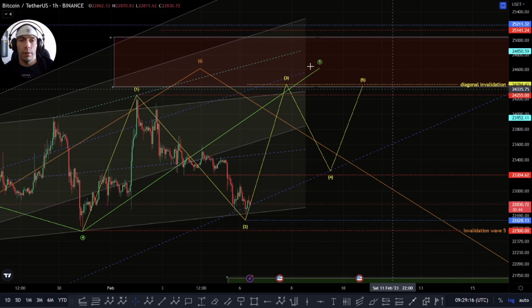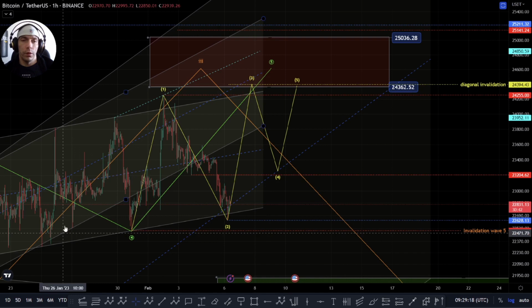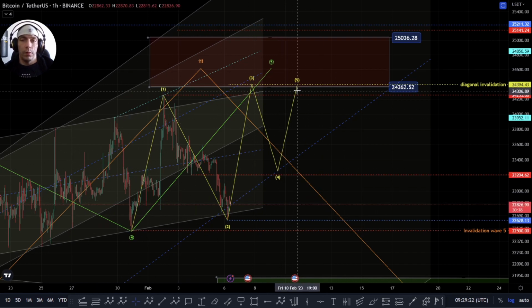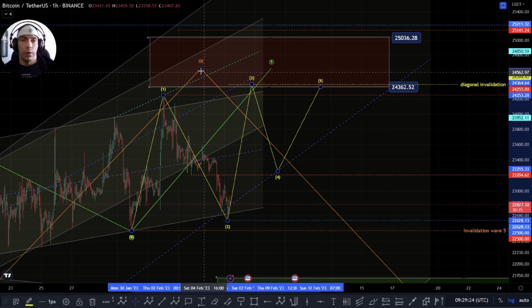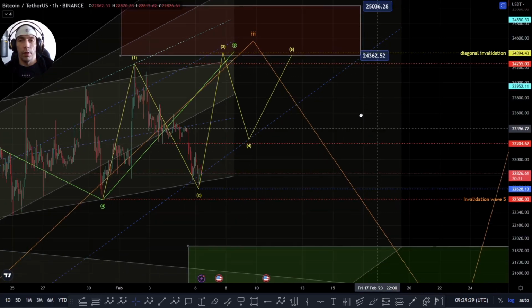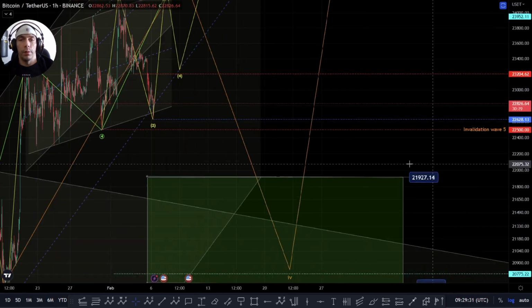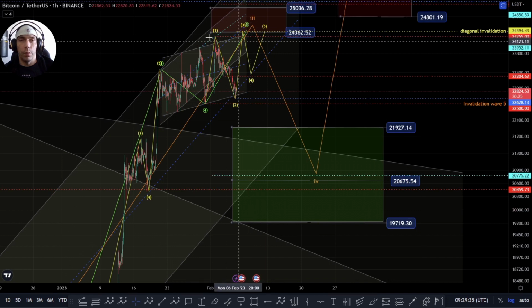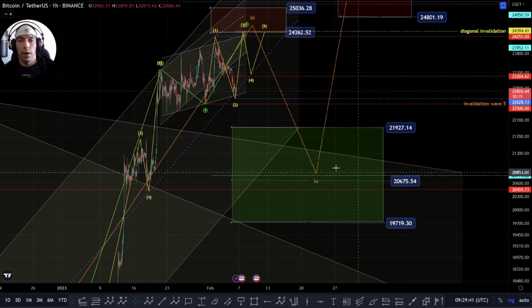So this is something I haven't ruled out yet. We could still see this play out, where we get this as a diagonal within this move, and that could then look to complete this green fifth wave, and then we would be looking for that orange fourth wave to play out from there. So the target zone for this would change slightly depending on where we complete, but this 21,927 to this 1917 area could be a zone we actually look to backtest,